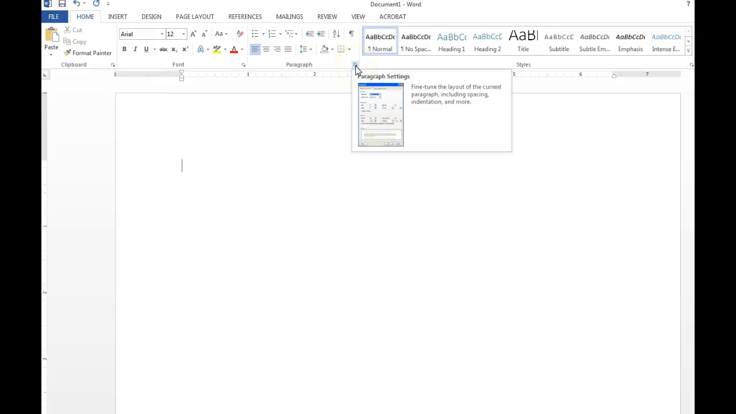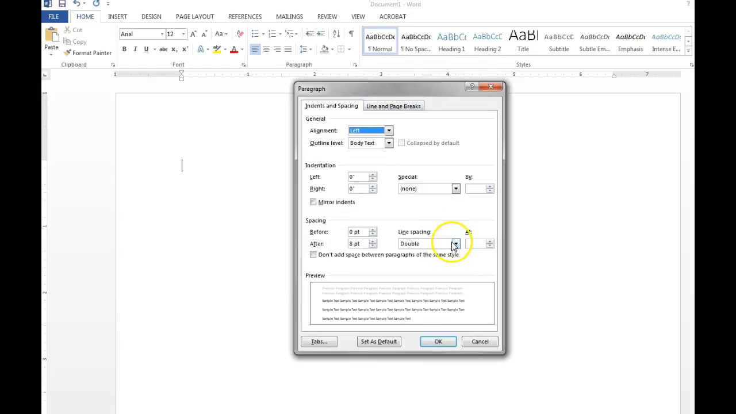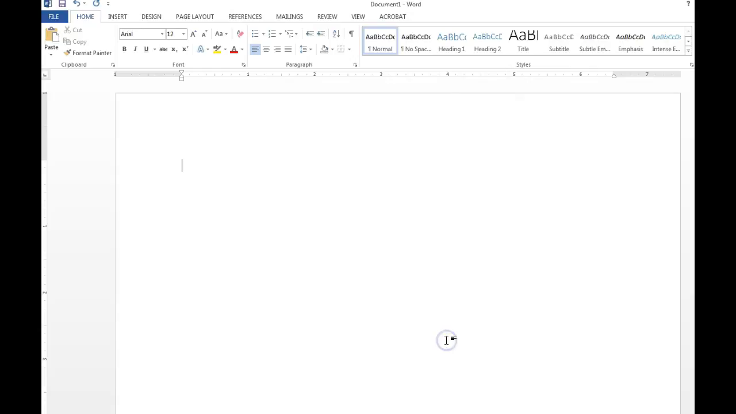The next thing that you want to do is set up your paragraph spacing. So you click on paragraph and you make sure that the spacing is double. You click OK. And once you have those parameters, what you want to do is type your